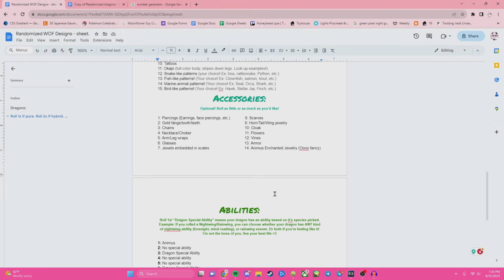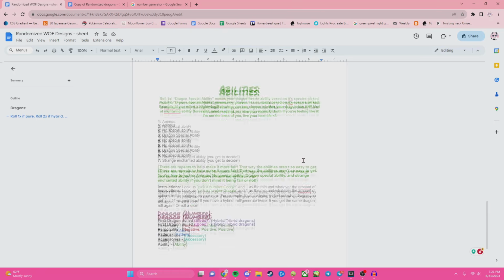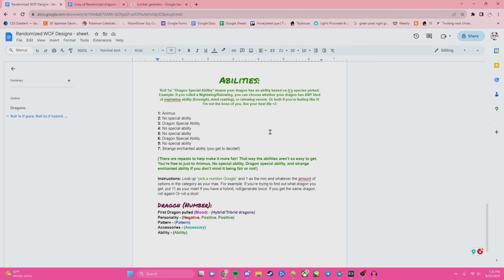And then last but not least, this one took the most changes out of all of the variables. We are going to do abilities. I've made it harder to get animus by adding no special ability about 4 times in these numbers, and I also added dragon special ability, which basically means like if you rolled a Nightwing and you got dragon special ability, it could have prophecies or mind reading, up to you,